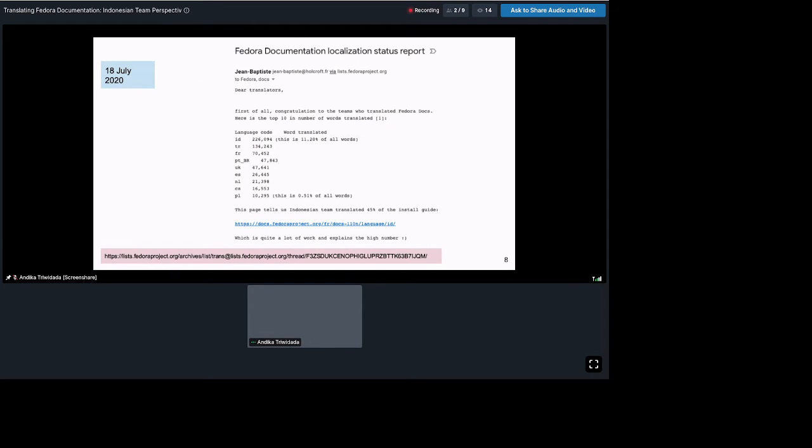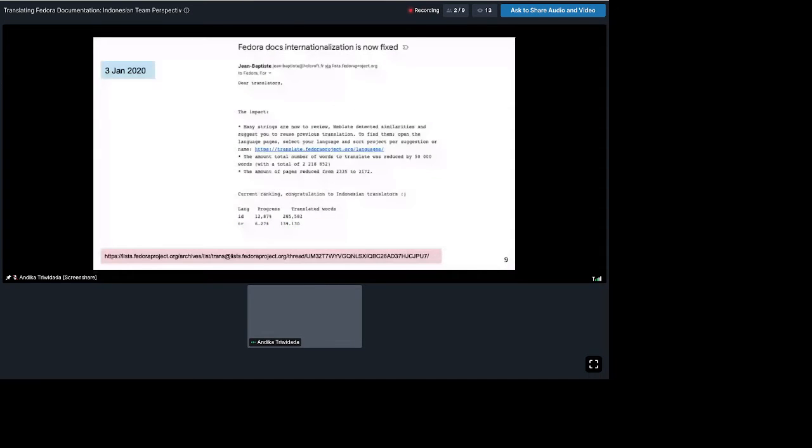If you can see, on 18 July he posted that the Indonesian translation reached the top number for the documentation, and it's still the top number in January.